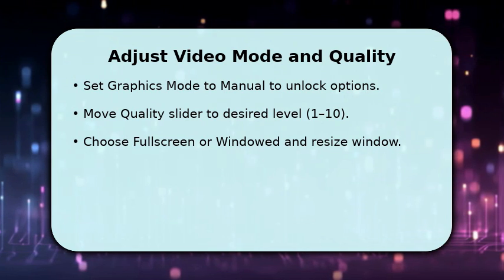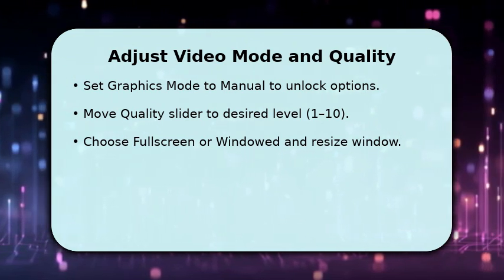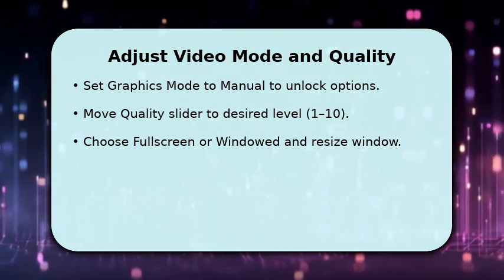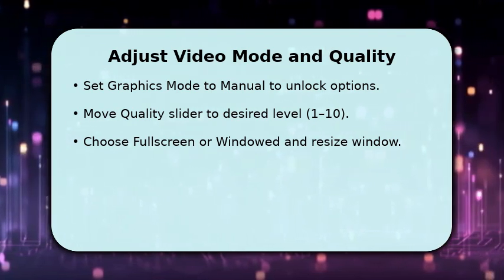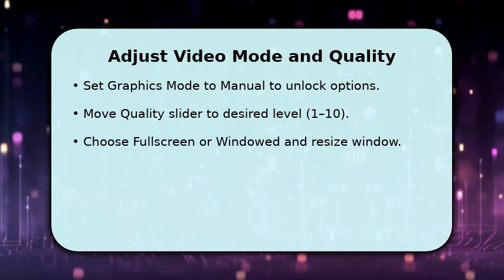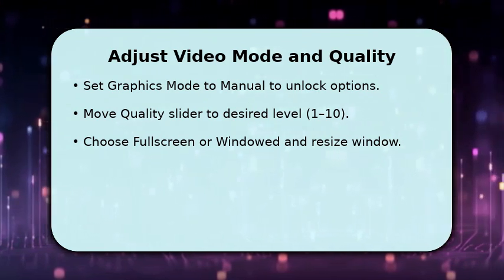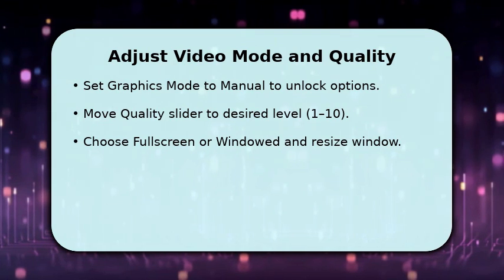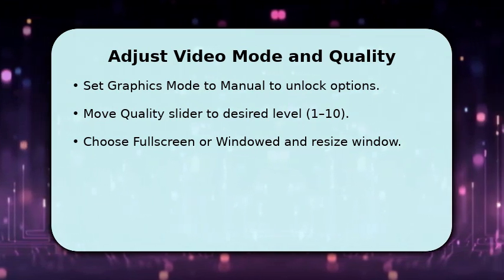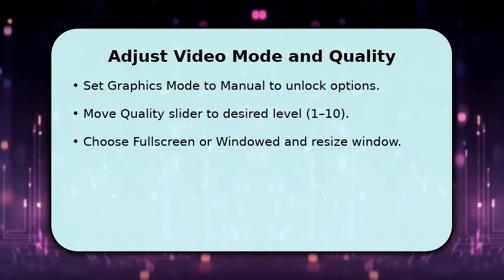Next, pick full screen to match your monitor resolution or windowed to manually resize the client. Drag the window corner to change pixel dimensions. Make these changes slowly, testing in-game movement and particle effects to confirm the visual trade-offs. After adjusting mode and quality, apply the settings and restart Roblox if necessary so the client reinitializes with the new